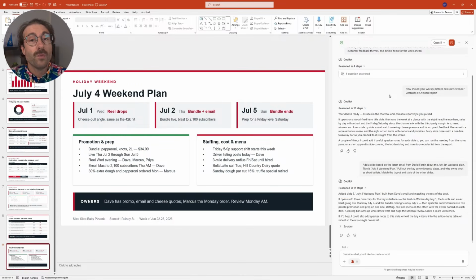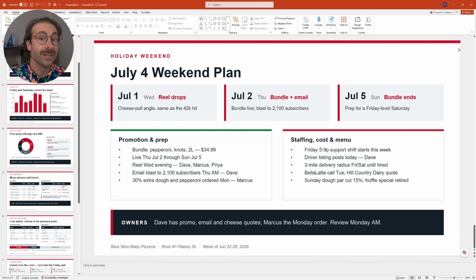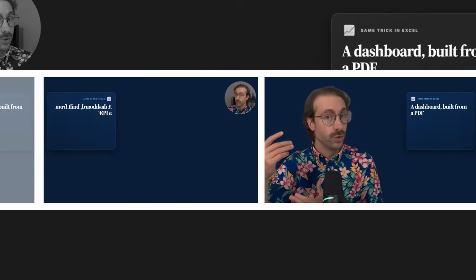Here we are. Copilot went through my Outlook. It found the latest email from David Fortin, and it built a slide from the content of the email. How good is this? It took a few minutes, of course, but it is so great. And if you've been wondering how you can actually use Copilot in the other 365 apps, you can do very